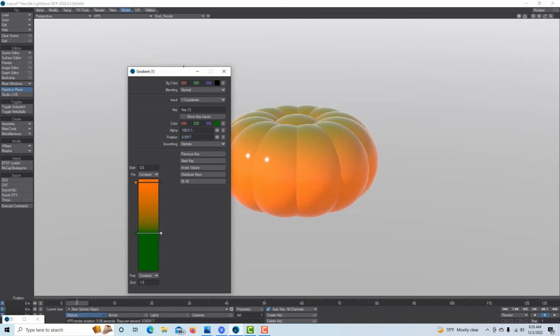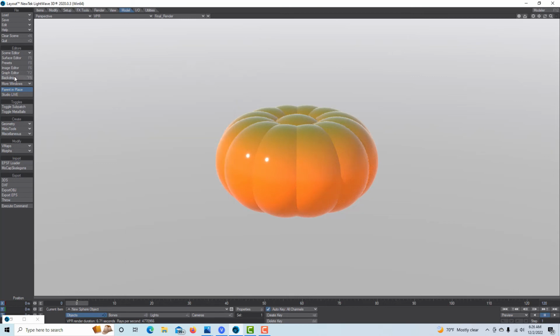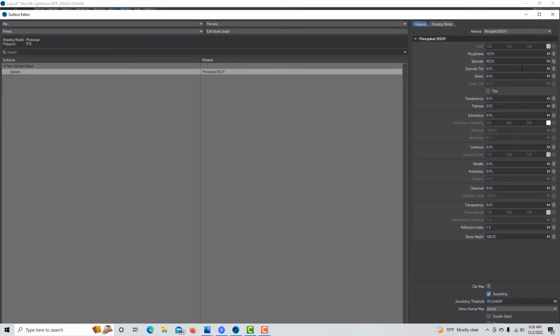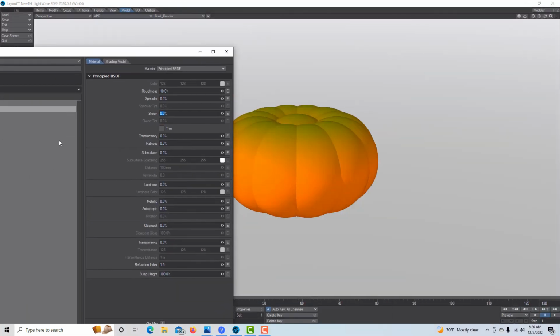Something like that. And the only other thing I'd say is maybe it's too shiny, so in here we can just turn the specularity down and maybe give it some sheen or subsurface. So let's see what that does. Give it kind of that skin quality look. And that's it. That's how easy it is to create